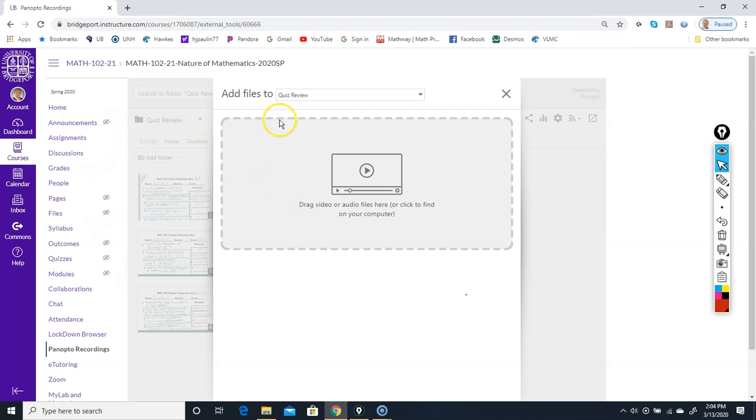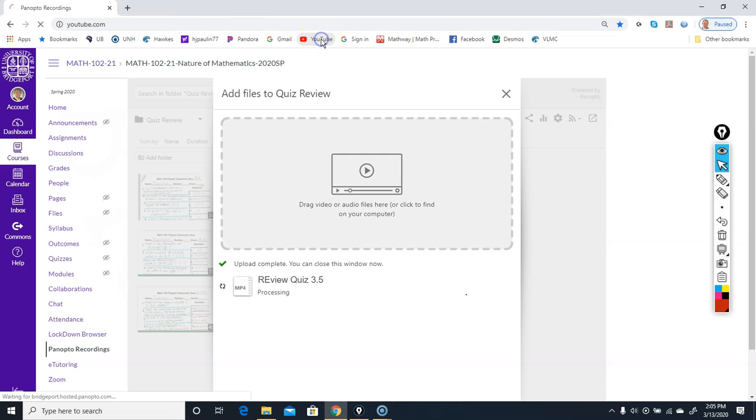And what it does is it takes that video from my file and now puts it on Panopto Recordings, and it will add it in this slot. And then it comes up here. So then this is available to all of the students. As you can see now, it's loading down below. I'm not going to spend any time on this, just to show you how it works. And it says it's now added to my file. I can close this. But if I go to YouTube now,